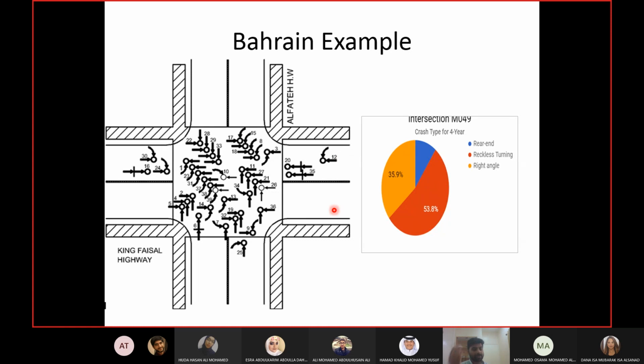Now, what can we do to make sure the driver cannot change the lane near the intersection, or does not change the lane near the intersection? Maybe you can put a traffic island there, which is what they have done already for separating the left turn lanes from the straight lanes. So even if the driver is in the wrong lane, now he cannot change the lane. He will take the turn from somewhere else safely, and he will come back and go wherever he wants.